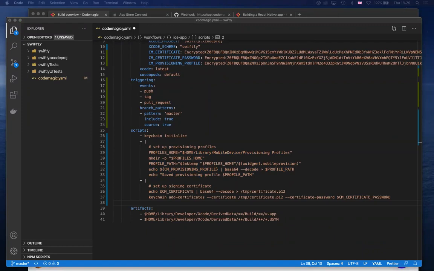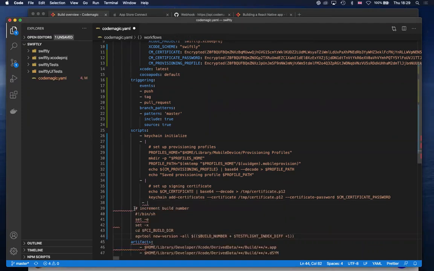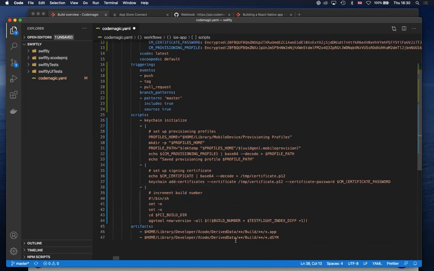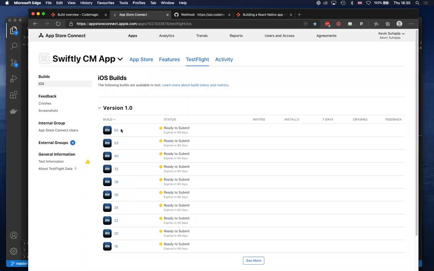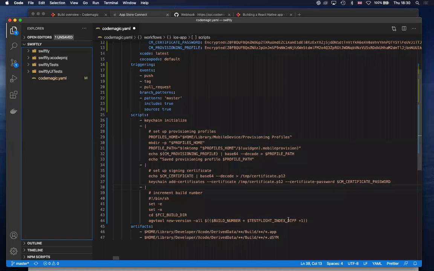The next thing that we probably want to do when we're building is making sure that we're incrementing the build number. So I'm adding in a script here that will increment the Xcode build number. So you can see here in my App Store Connect, for example, I'm already up to demo version 65. I've got a bit of a jump here from earlier. I think I must have gone crazy with adding in numbers into my demo files,